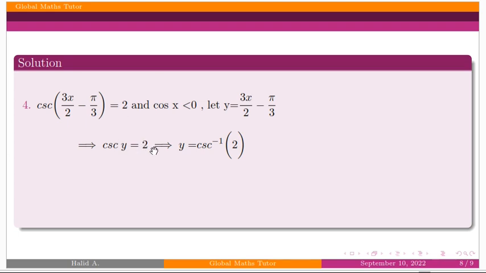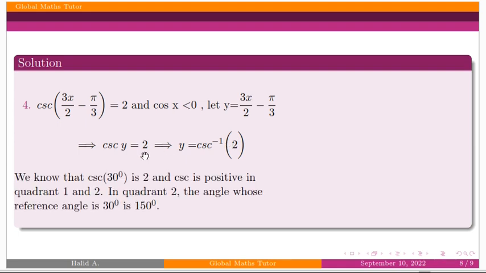cosec y equal to 2. So finding the value of y is the same as cosec inverse of 2. Cosec is the reciprocal function of sine, so sine has a value of 1 over 2 for 30 degrees, so the reciprocal of 1 over 2 will be 2, so cosec inverse of 2 means 30 degrees. After getting this reference value,